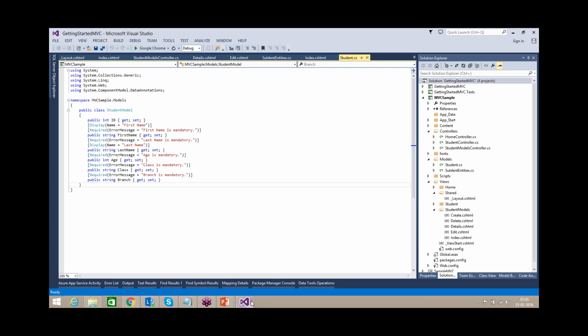When we come to MVC, the same things are there. Only one thing is missing, that is view state.